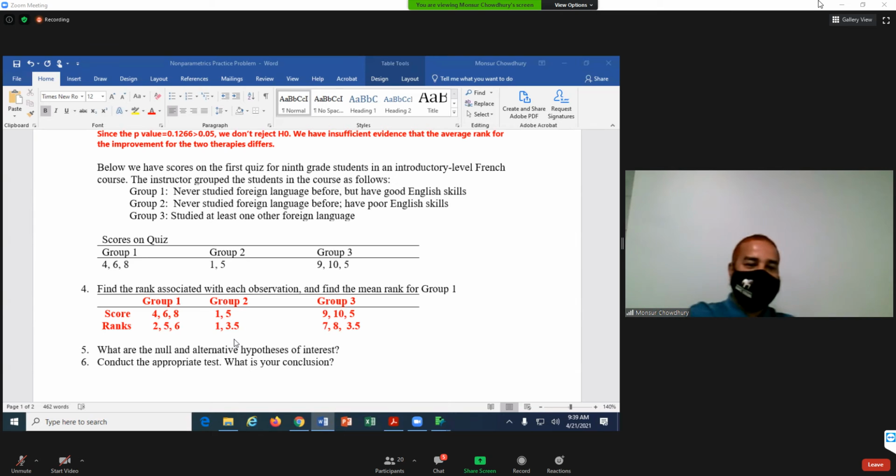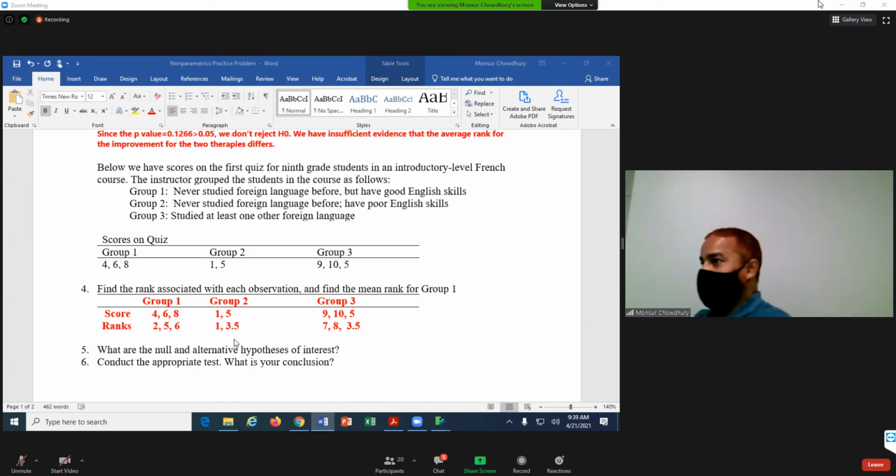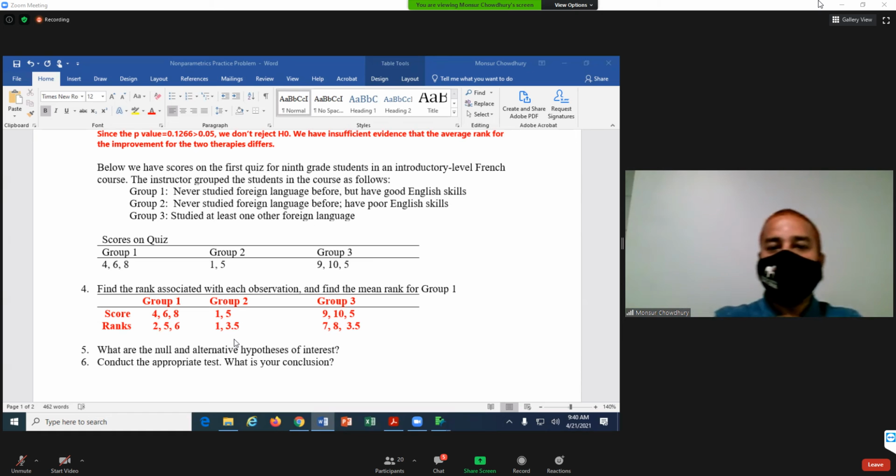Then the second lowest is 4, so rank is 2. Third lowest is 5, but we have two 5s, one in group 2 and another in group 3. Now we have a tied rank, which should be 3 and 4, so we take the average of these two and get 3.5. So we put 3.5 for the 5 in both cases, and so on. This is how I get the rank. Is that clear for everyone?